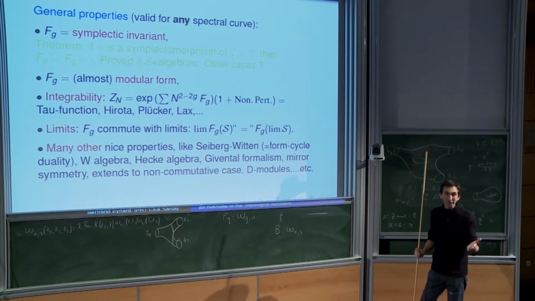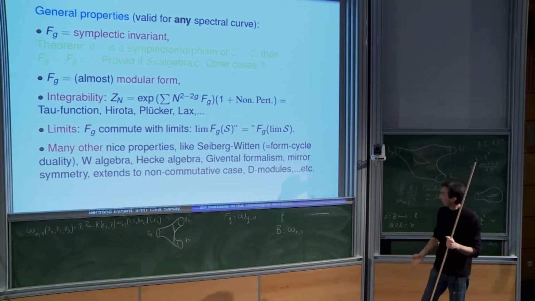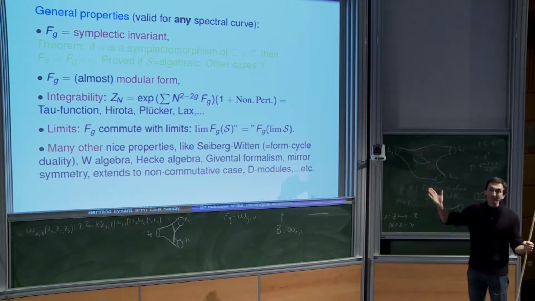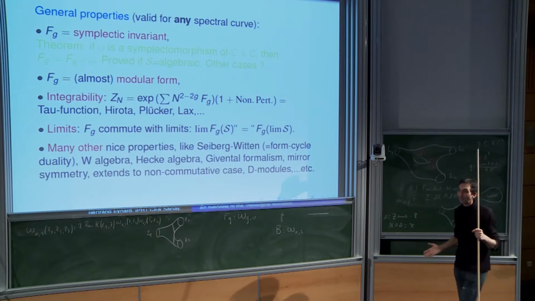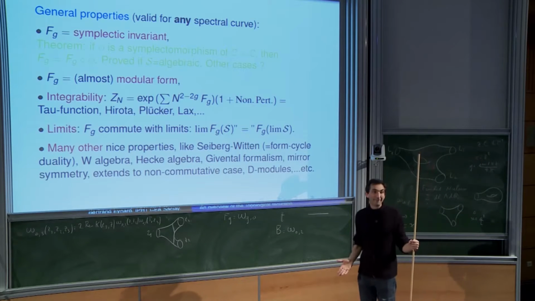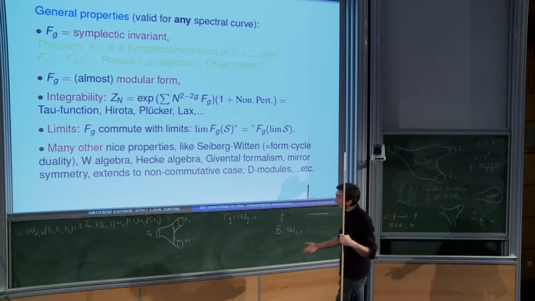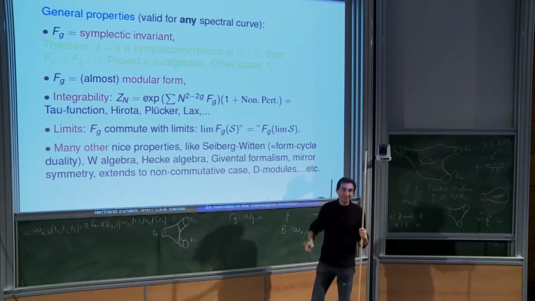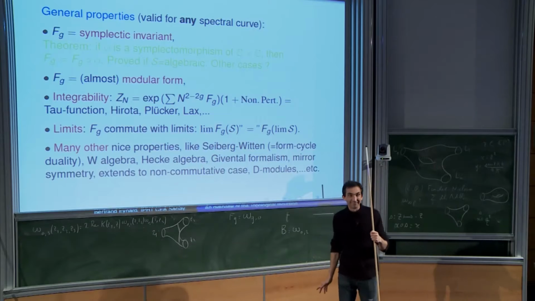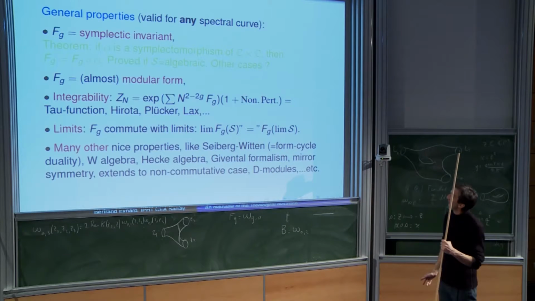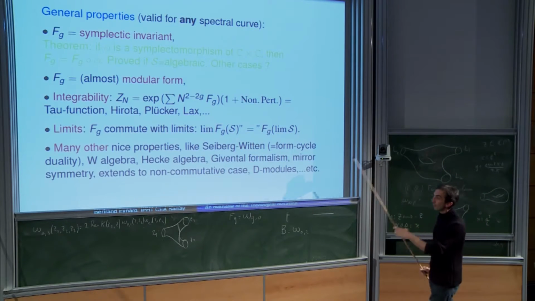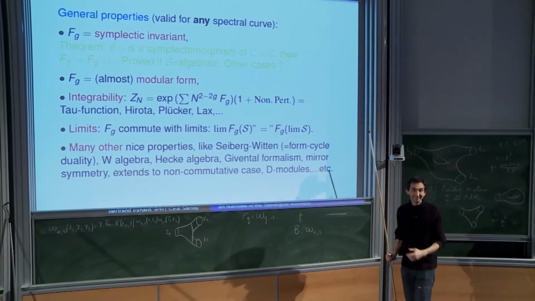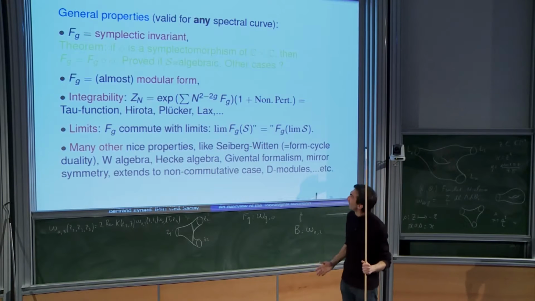So for instance, it is not proved in the case corresponding to Lambert curve or to Weil-Peterson or even for Gromov-Witten, it does not apply. For Gromov-Witten curves, it does not apply. But for Gromov-Witten, we believe that the FGs should be symmetric, but it is not proved by this proof. Okay, so in fact, we are trying to generalize the proof for non-algebraic case, but it's hard. For the moment, we have not succeeded.